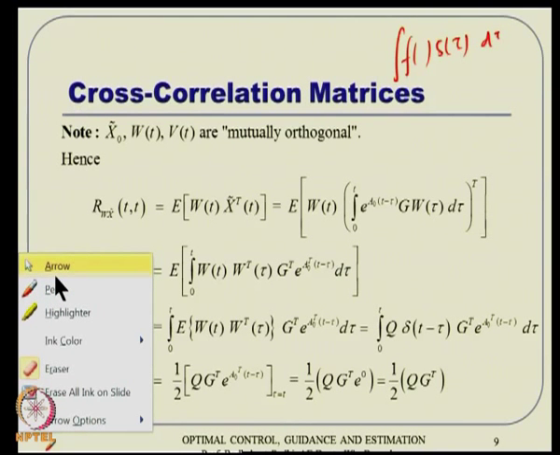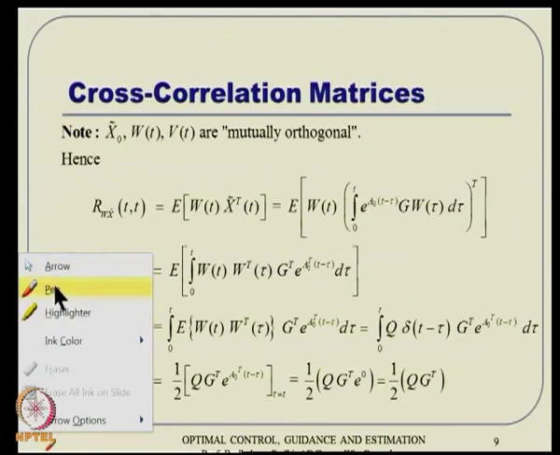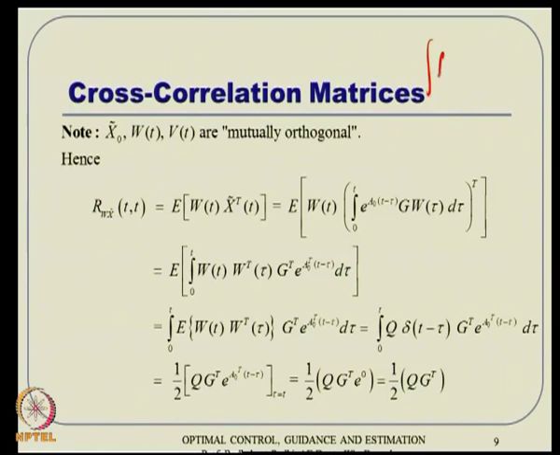Let's not get confused here. In general we can talk about something like this: f of x times the Dirac delta function of x, integrated dx from a to b. This will turn out to be simply half of f of a,